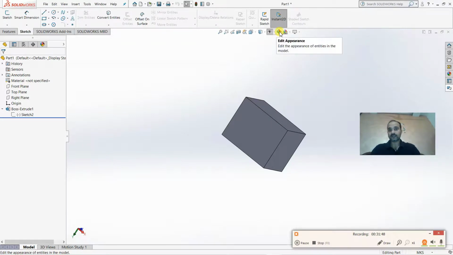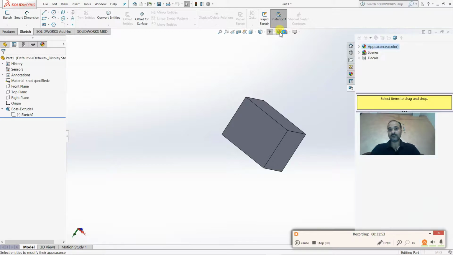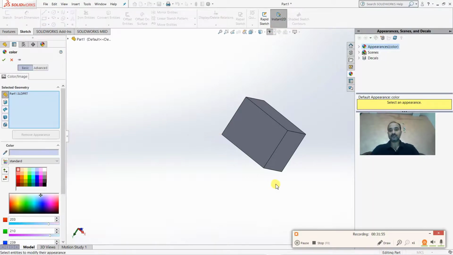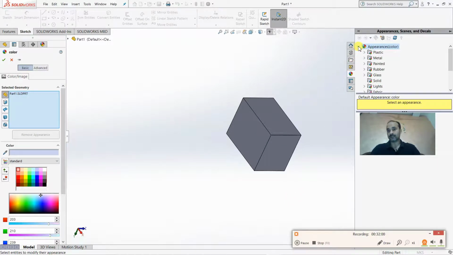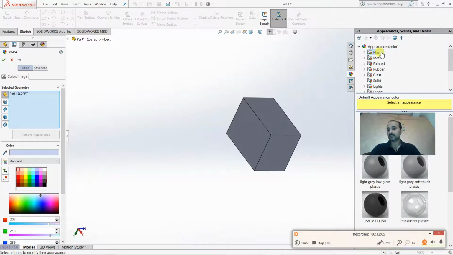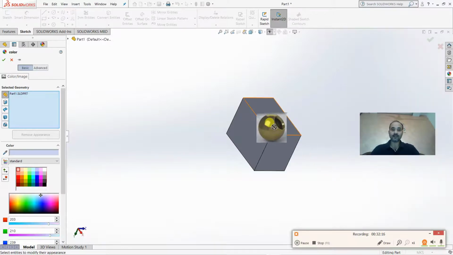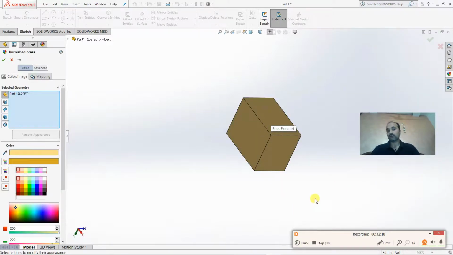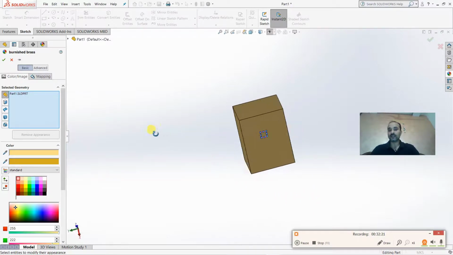Now your next button is edit appearance. Basically you can apply appearance on your parts. Suppose I click on appearance, then you will get a plastic. You can find here a metal. If I click on metal, then you will get a brass, and if I apply the brass on your material, it will be visible like brass.